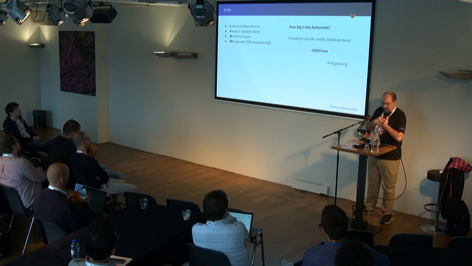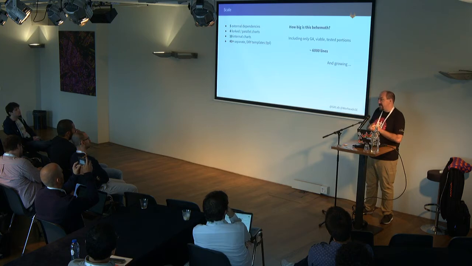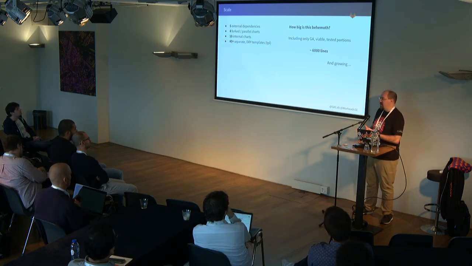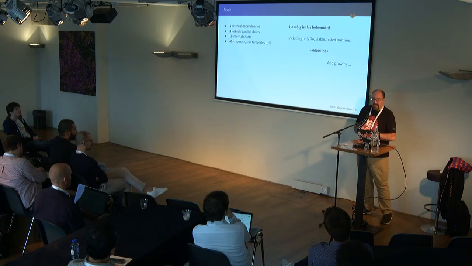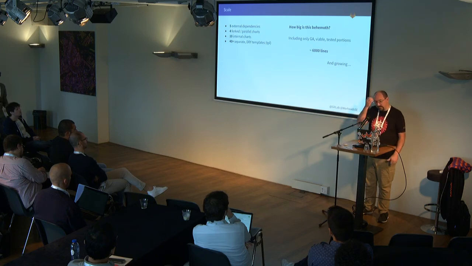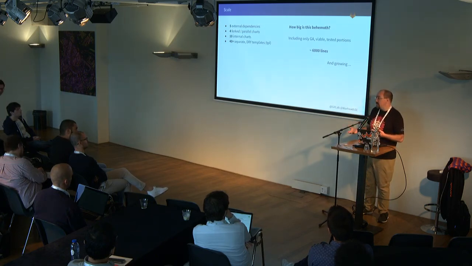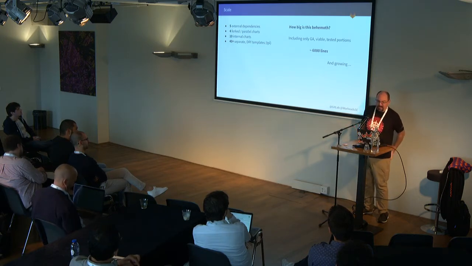Now, we have 5 external dependencies. That's it, right? Well, some of them are actually forked because we need to make changes that weren't ready for being upstreamed, or we knew that upstream wouldn't necessarily accept, or we just had to integrate so tightly with it that we didn't have a choice. So we have a few of them that are forked from upstream, and a few of them that are developed completely in parallel because the upstreams didn't exist when we started, and we didn't think ours was quality enough at the time.